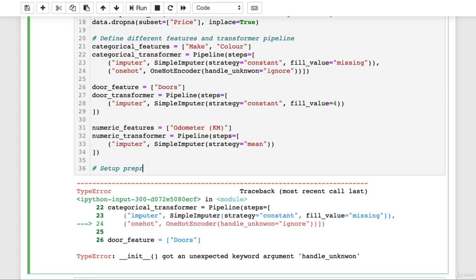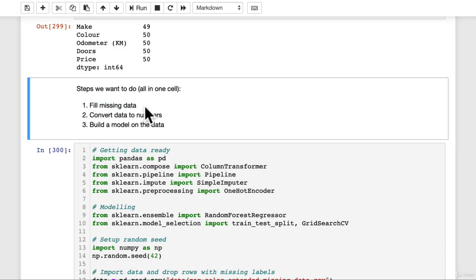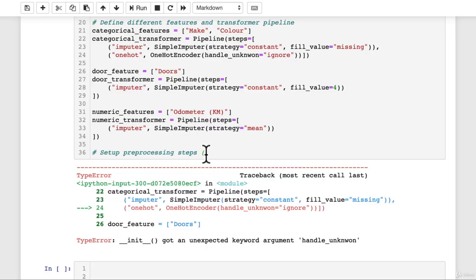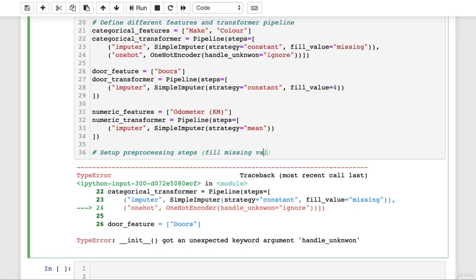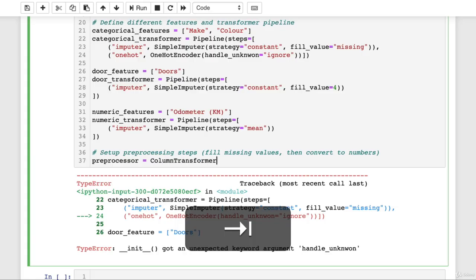We're going to set up the preprocessing steps. So remember what we need to do. We need to fill missing data. This is part of our preprocessing. These two are preprocessing our data, and this is modeling the data. So our preprocessing steps are going to be fill missing data and convert data to numbers. Fill missing values, then convert to numbers. To create a preprocessor, we'll instantiate a preprocessor using ColumnTransformer, tab autocomplete, and we're going to pass it